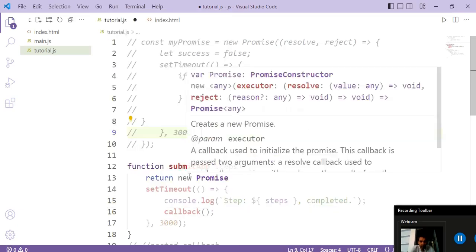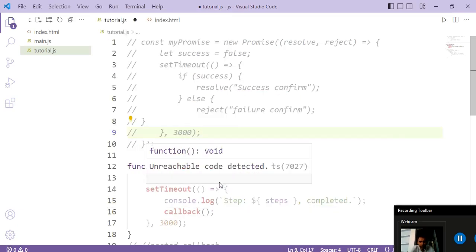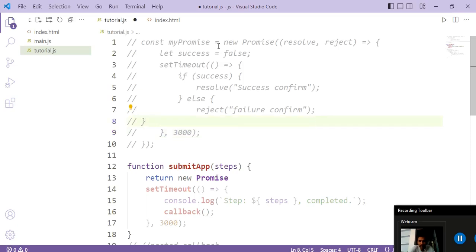Now the question that arises here is, why is this submit app returning us a promise? In the above code I created a promise object myself so that we can understand what a promise is and what its three states are: pending, fulfilled and rejected. But in real life applications, when we have to make an API request, the promise will be returned by the API, saying, let me process the code and I promise you I will return you the result. Therefore I am returning a promise here.